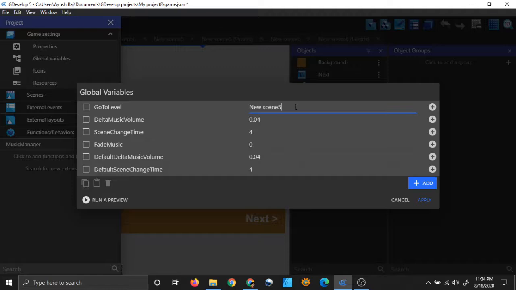And one more important thing, don't put quotes here or it will not work for some reason. I don't know why it's not working with quotes, but it's not. So don't put quotes, just write the scene name. And the rest of these numerical values you can keep the same as mine, because they are used to manage the music fading in and fading out, and also the music mute and unmute.